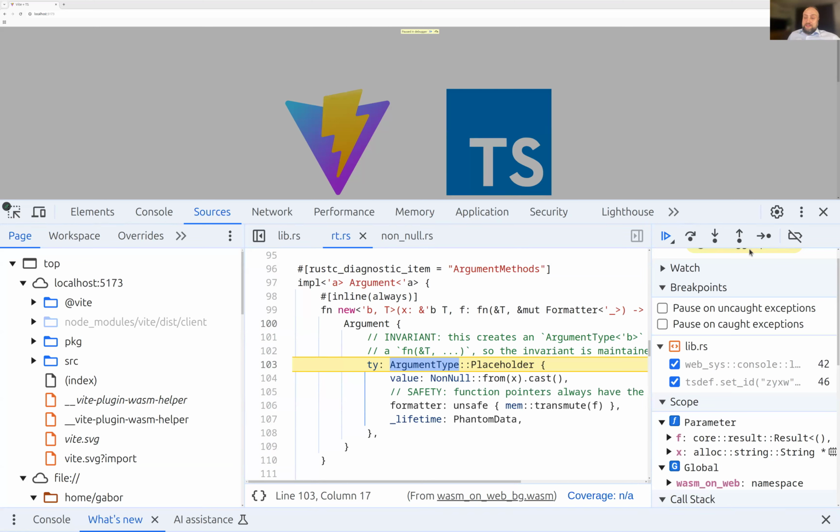It generates a lot of code in the background, which you won't see unless you do debugging, in which case you will see every nitty-gritty detail of what exactly is generated in order to make sure that the interaction between JavaScript and WASM Rust works seamlessly,